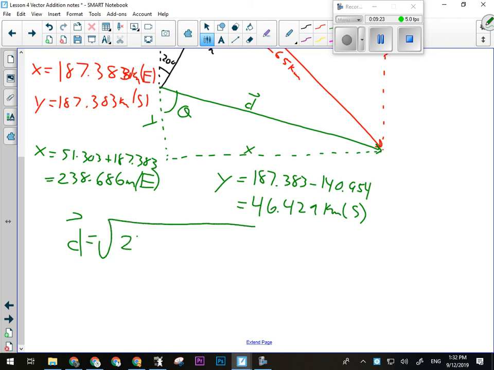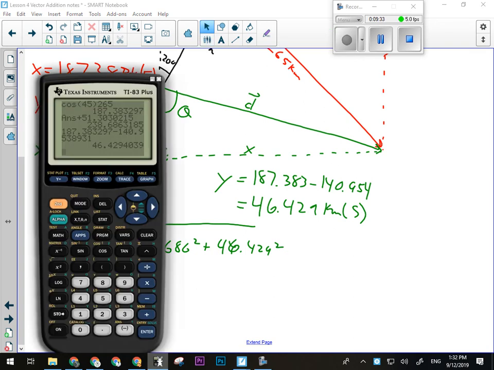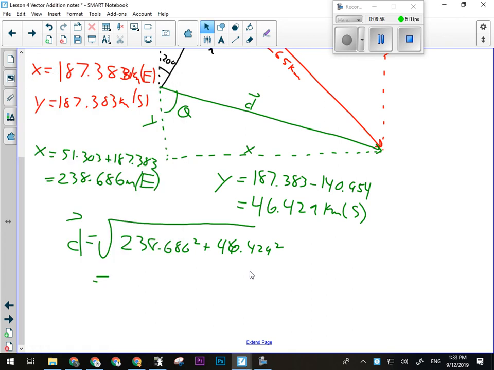So we'll have our 238.686 squared plus 46.429 squared. All right, so we're looking at a resultant of 243.16